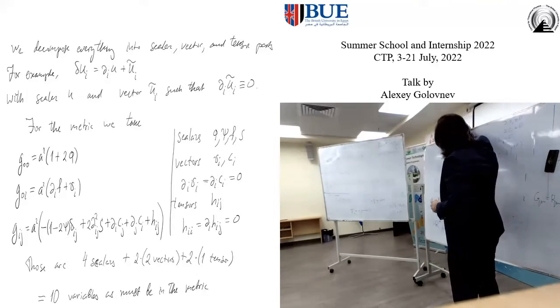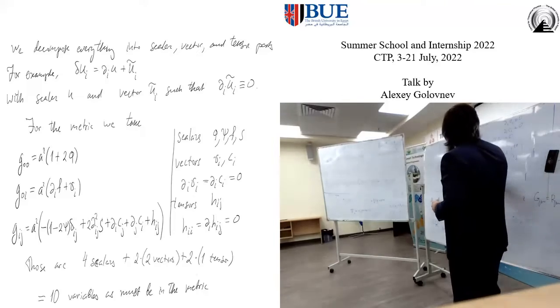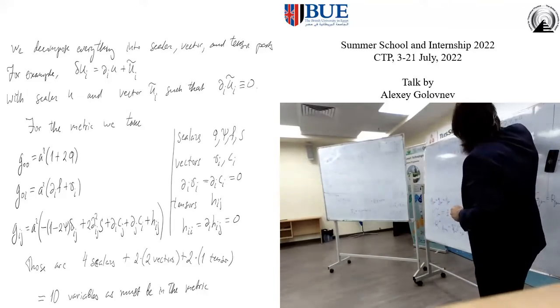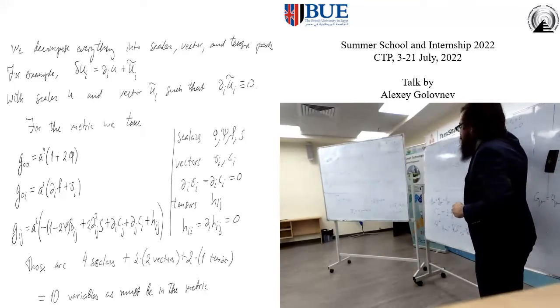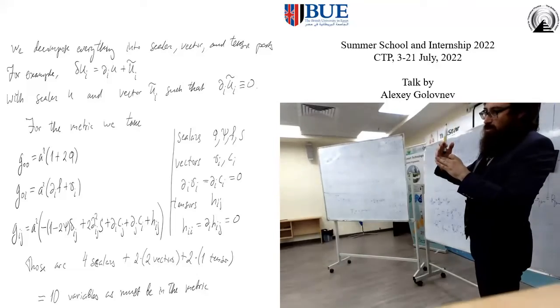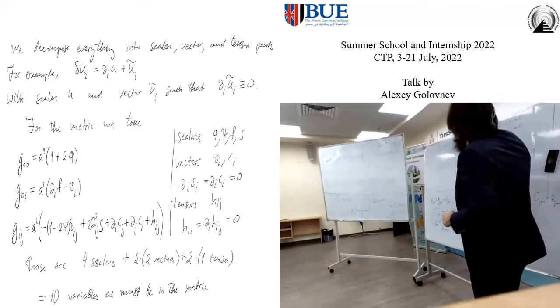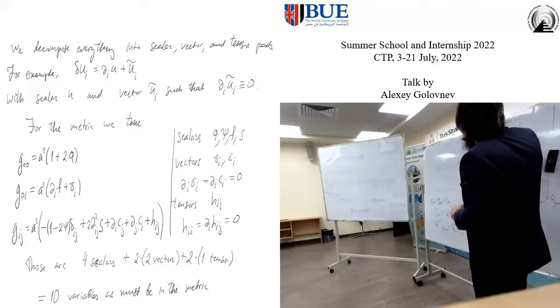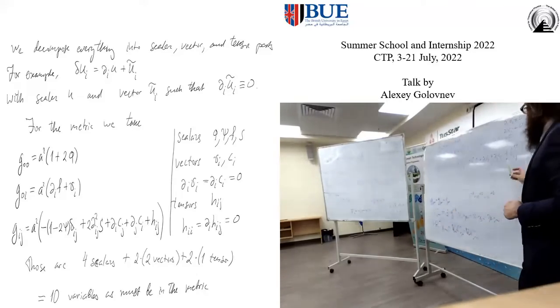So I have here phi, f, psi, s for scalars. I have 2 divergenceless vectors, v and c. That's 4 more components, because each 3-dimensional divergenceless vector has 2 independent components. So 4 components in f, phi, psi, s, 4 components in v and c, and I have this guy